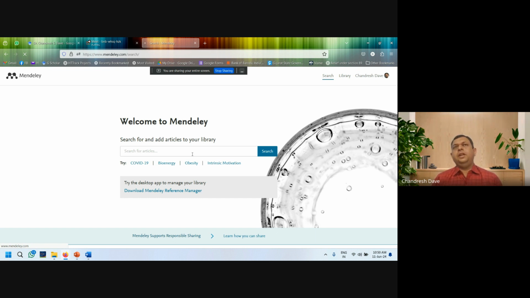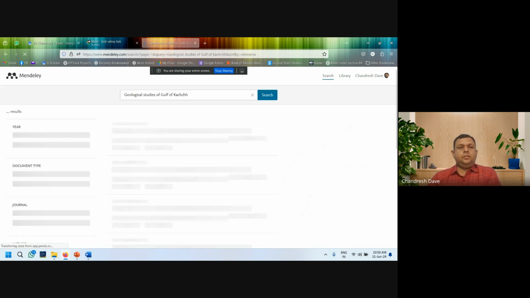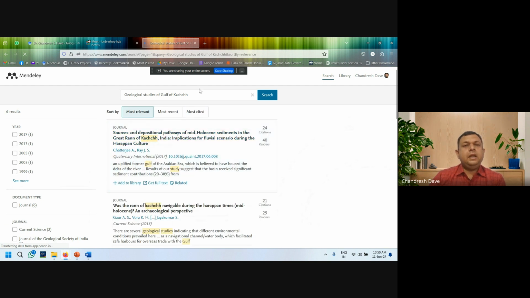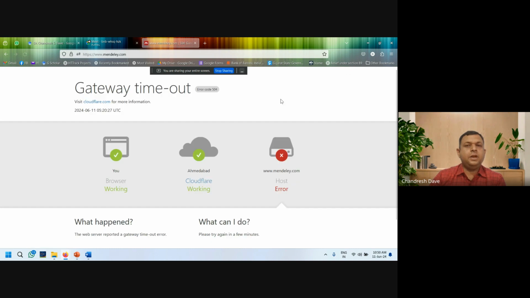For example, if I am studying the geology of Gulf of Kutch and I would like to find articles, so first of all I would like to find articles. Mendeley has an inbuilt search engine which will find articles based on our keywords.